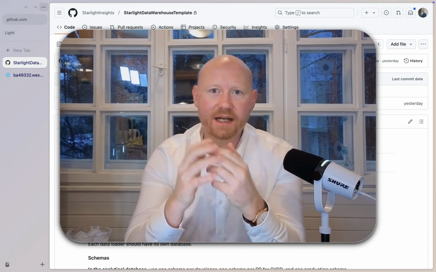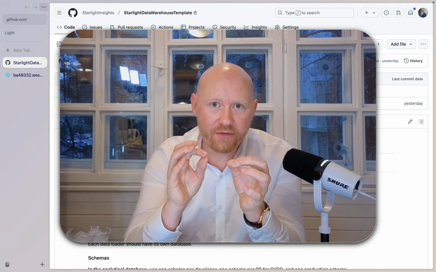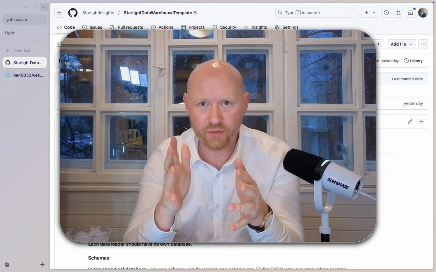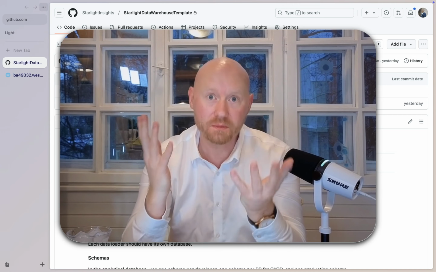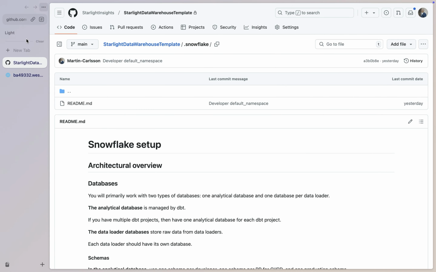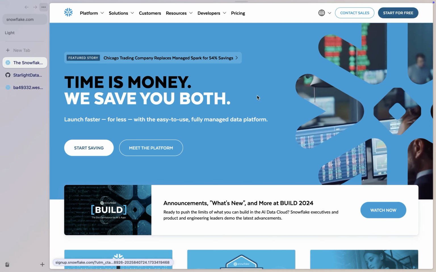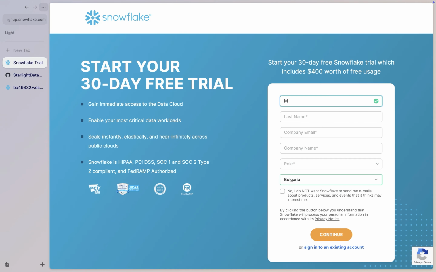Today we'll go over how to set up Snowflake as a data warehouse, all the way from creating an account to users and roles to ensuring you don't have any cost overruns. The first thing you need to do is create an account. We will go to snowflake.com. You click Start for Free to start your free trial, add your information,